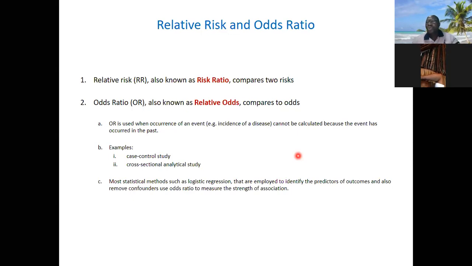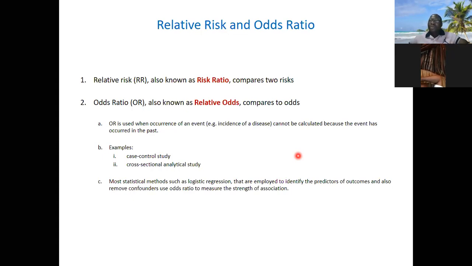So if you have 2 groups, one exposed to a factor that causes an event or an outcome, and another group not exposed to the factor, the relative risk is just to calculate the risk of the event among the people exposed to that factor and the risk of the event among people not exposed, since you want to test if this factor is responsible for the event. It makes more sense, when you divide the two, to put the risk for the exposed at the numerator and the risk for the unexposed at the denominator, because most of the time you expect